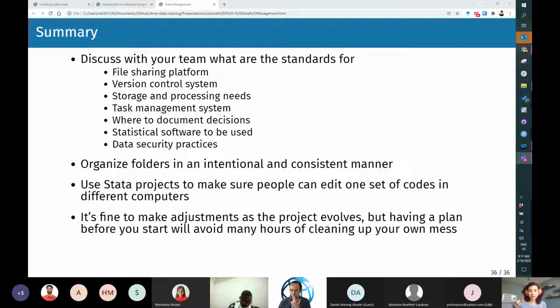And so whenever you have one of these services, you will have one copy that's stored in the memory of your computer and another copy of the same file that is stored in a cloud server that is always updated with the changes that you make on your computer. And then we also have an offsite physical copy on an external hard drive of any data that is originally received and we cannot recreate.